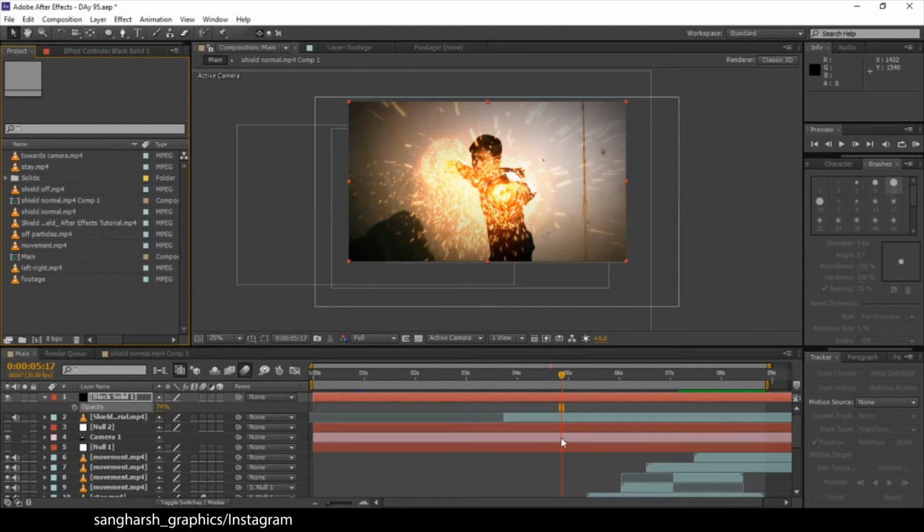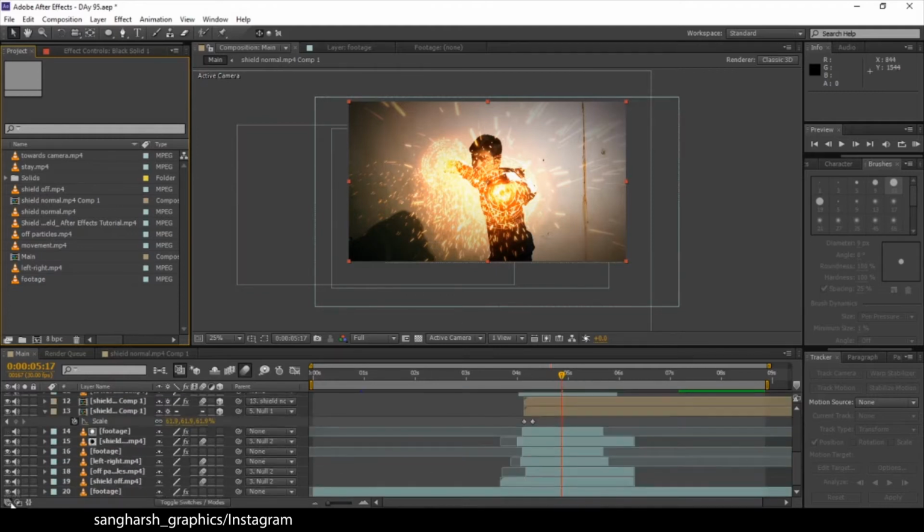I have just made some changes to make it look better from my point of view. I've done all the effects, just showing how to do it. If you want to know how to make the shields, just go to his video and watch it, and if you want to download the assets, you can download them from there.